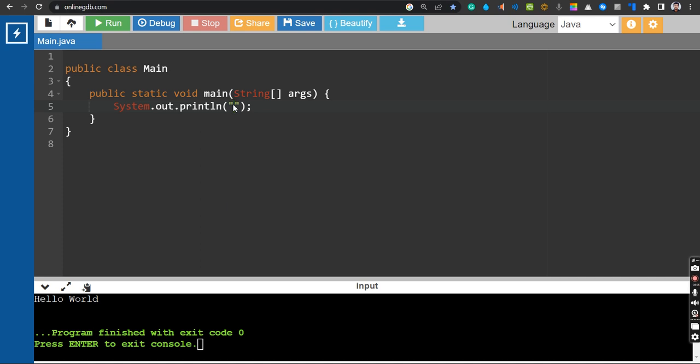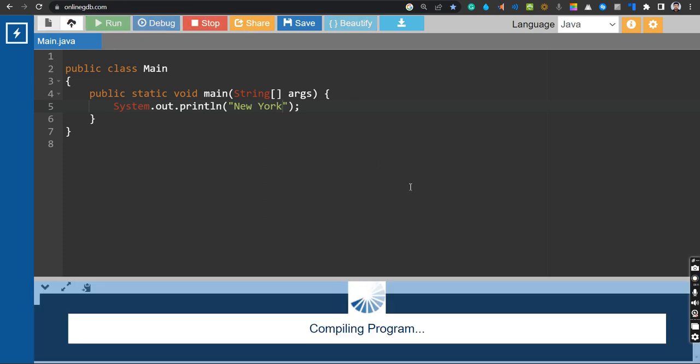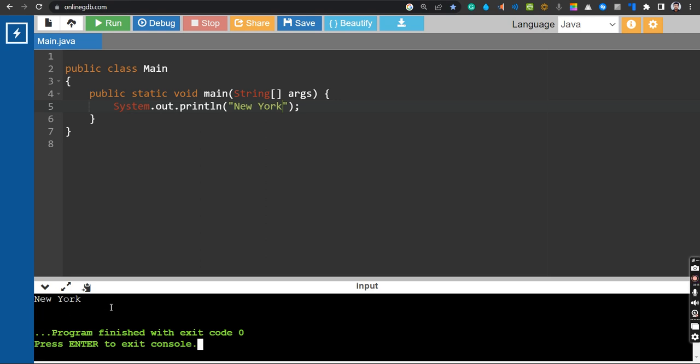So if I write here New York, it will show that yes, it's New York. Whatever you put inside this, it will show. So this is the need, and this is the way the print statement or println statement works.